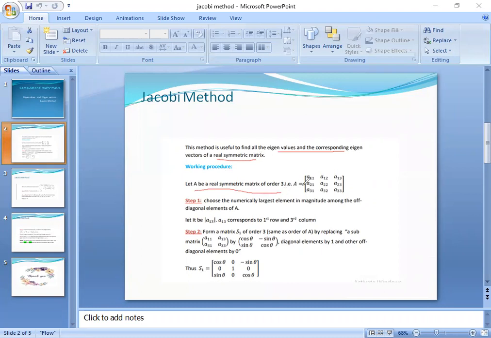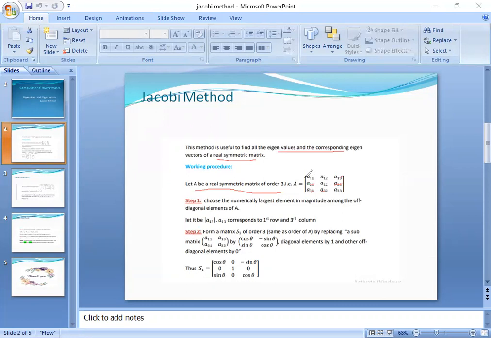The general matrix can be taken as A equals A11, A12, A13 first row, A21, A22, A23 second row, A31, A32, A33 third row. Since A is a symmetric matrix, we can observe that A12 equals A21, A13 equals A31, and A23 equals A32. And also A11, A22, A33 are said to be diagonal elements of A, and all other elements are said to